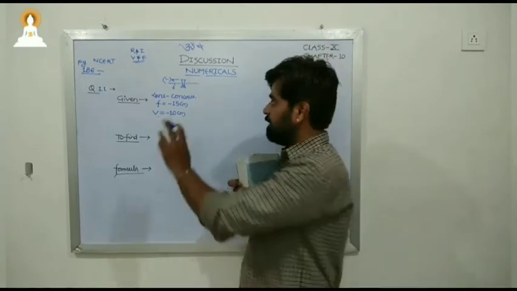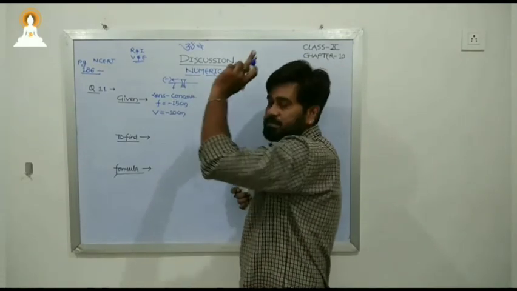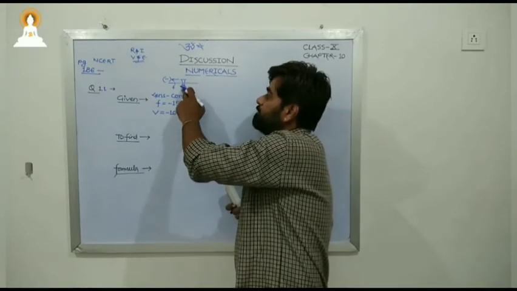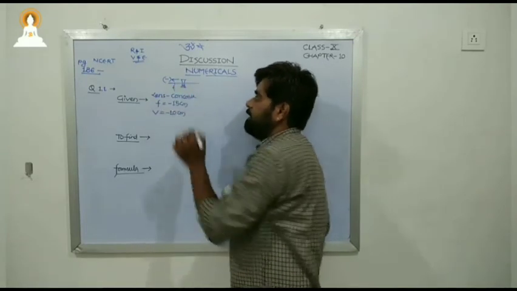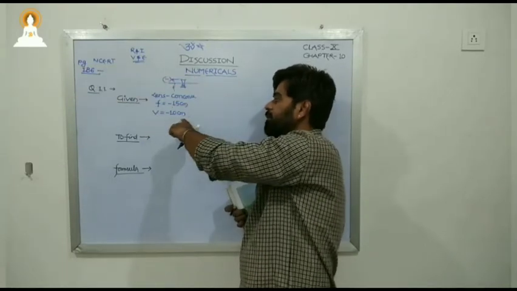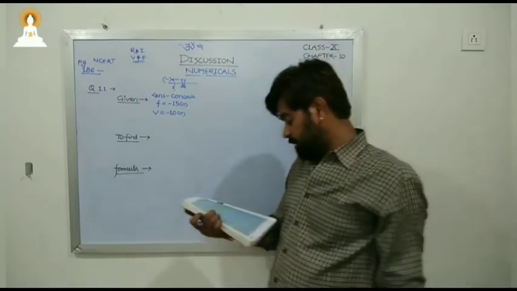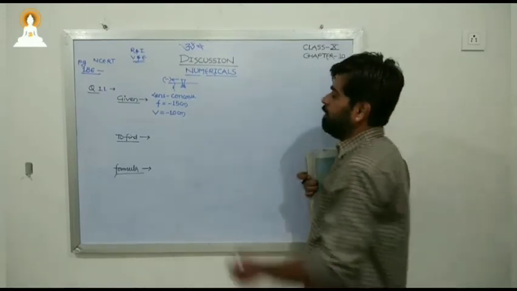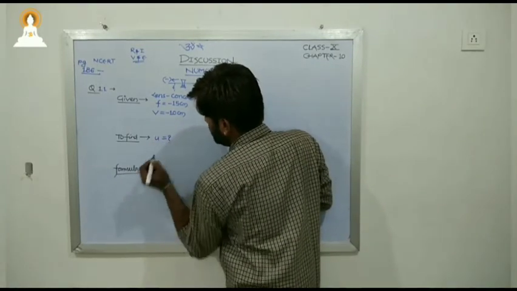Yes, listen carefully again. Image in case of concave lens, as we have seen, the image will always be found between optical center and focus 1. Yes, so that is over the left hand side. That's why the image will always be found with a negative sign. Okay, how far is the object placed from the lens? Okay, so we need to find out the position of object.